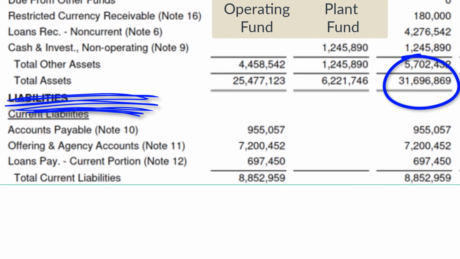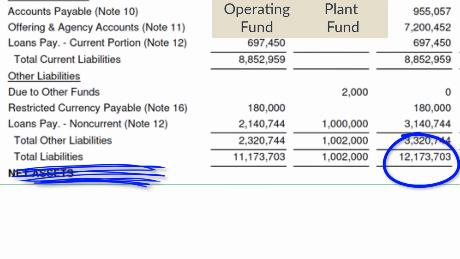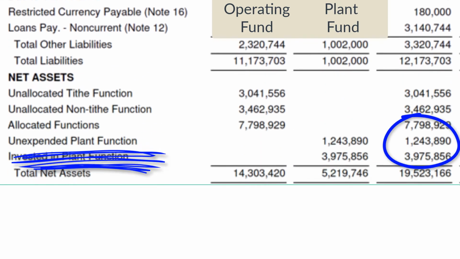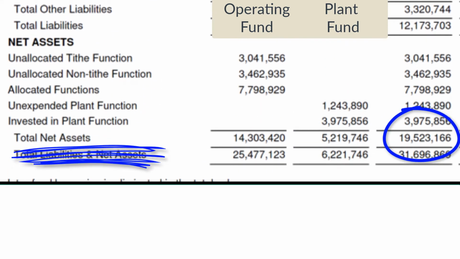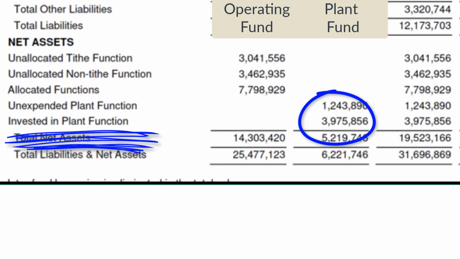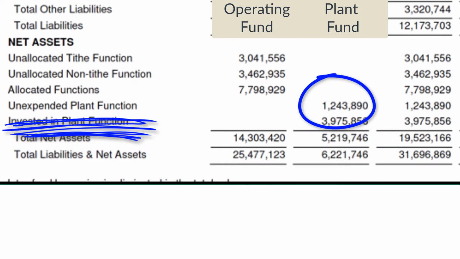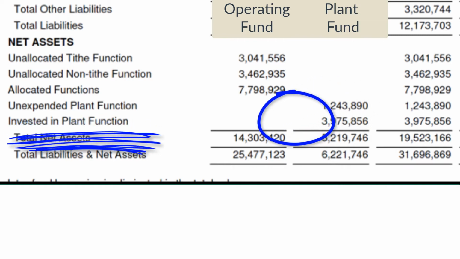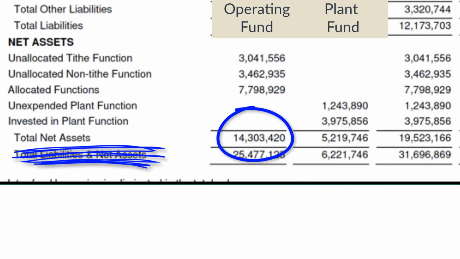So taking this at a run again, we have $31 million in assets, $12 million is going to liabilities, that leaves us $19 million. Of the $19 million, $4 million is tied up in plant, property, equipment, and $1 million is tied up in building funds that are attached to a specific building. So I think I've got my math right here, and we have 19 minus 1 minus 4, and so that leaves us $14 million, I believe. So let's keep looking at the $14 million.